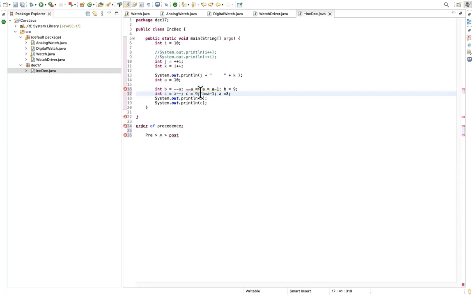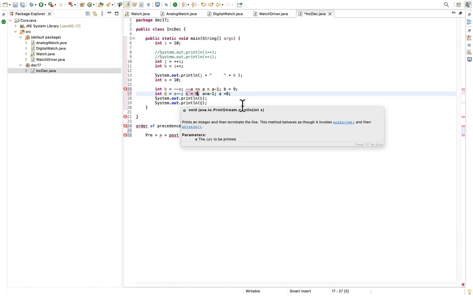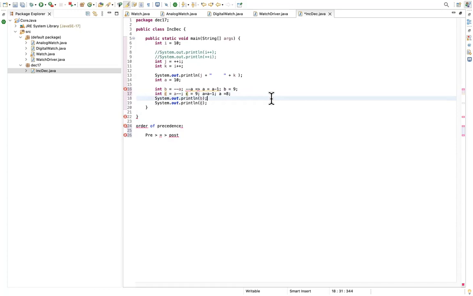A minus minus, that is post decrement. Okay, but we got 9 and 9 as output, right? In this part we got 9 and 9. So you see c is equal to 9 here, right? Assignment has high precedence. A will be 8 at the end; when you use a again in some other place, you'll have it as 8. But right now, c is getting assigned with whatever a has.